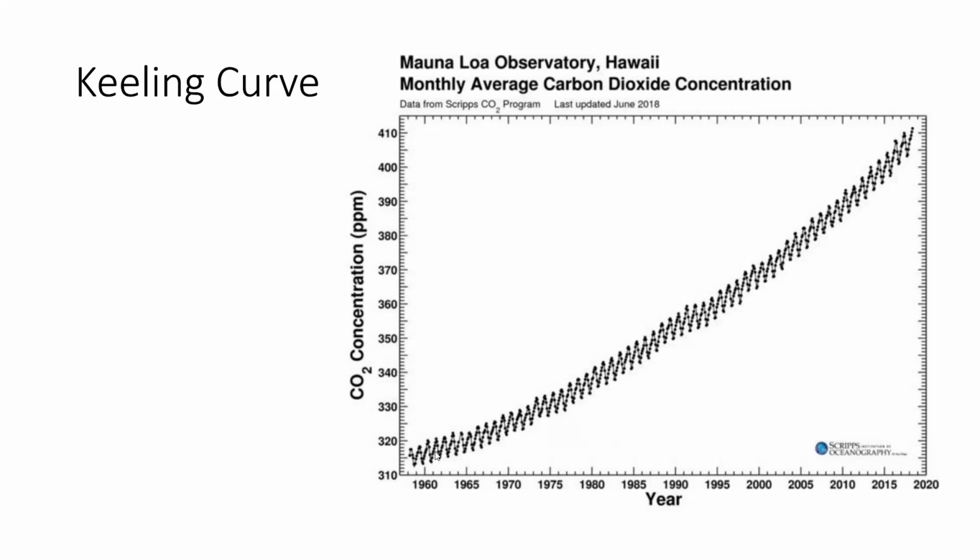And then with these, you may be wondering why it's a jagged line. Why don't we see just a steady increase? The reason for this is because of the changes in photosynthesis. So in the springtime, around May every year, you're going to see a decrease in the carbon dioxide concentration, because that's when the plants in the northern hemisphere, where there's a lot more